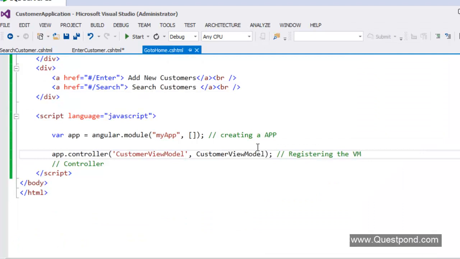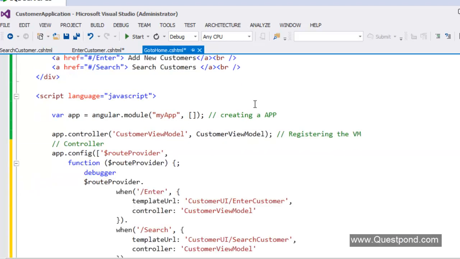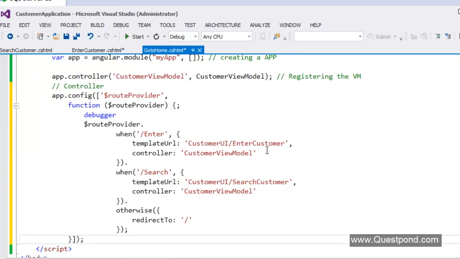Now we need to define routing. That means we need to say that if somebody clicks on this URL route, which view should be loaded, and if somebody clicks on this URL route, which view should be loaded, right? So for that, we need to use the Angular route here. So you can see here what I'm saying is take the app, and following is the configuration.